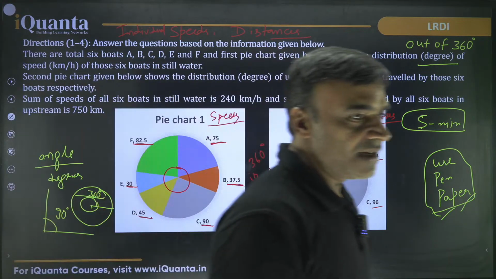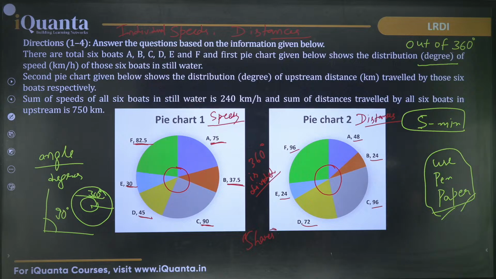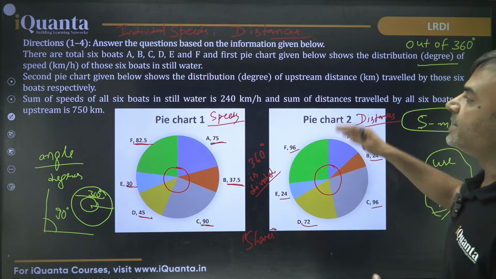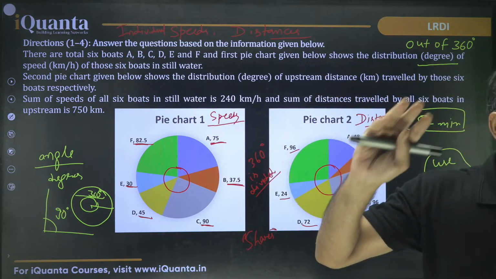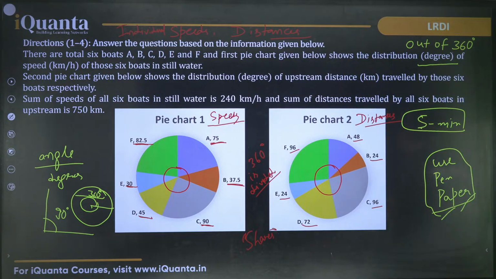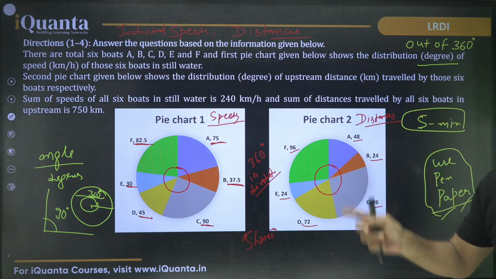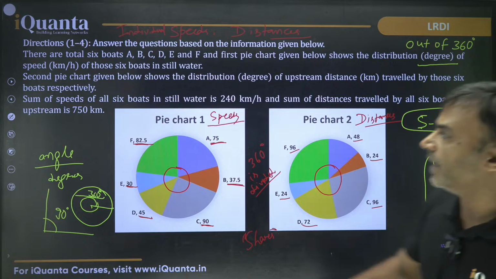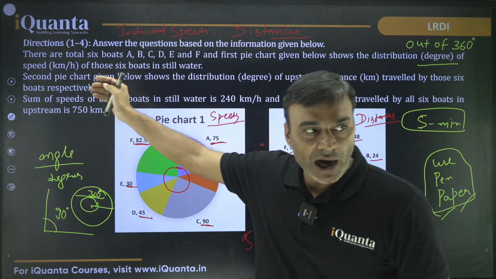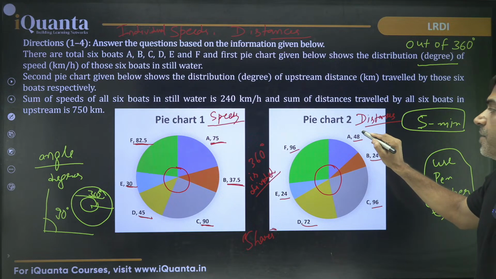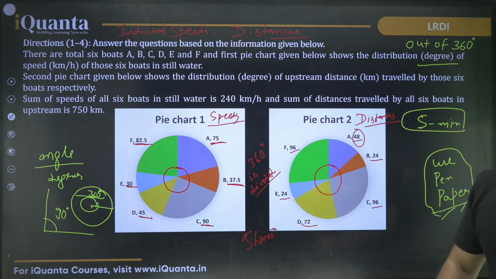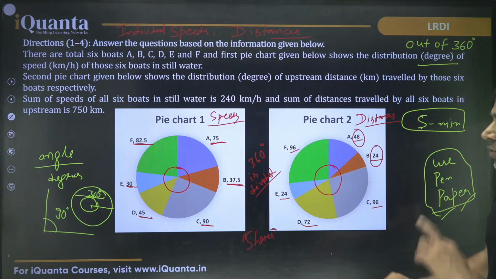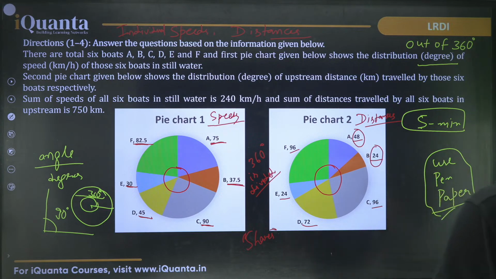And that's also the slightly tricky part where some people find it difficult to understand. See, what is happening? किसी ने कुछ तो distance travel किया होगा, right? A would have traveled certain distance, B would have traveled certain distance, C would have traveled certain distance. The total sum of all those values is 750, right? Out of those 750, whatever A travels, that represents 48 degrees, right? That B travels, corresponding value to the 24 degrees, and so on.